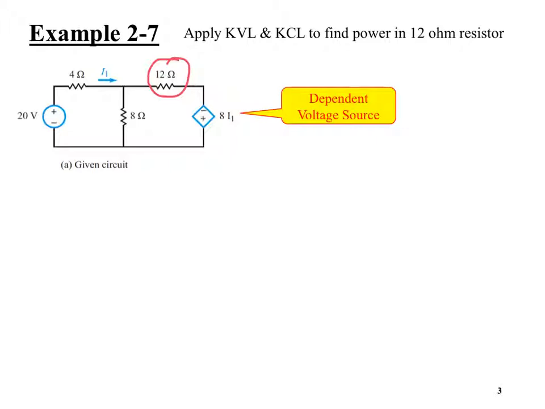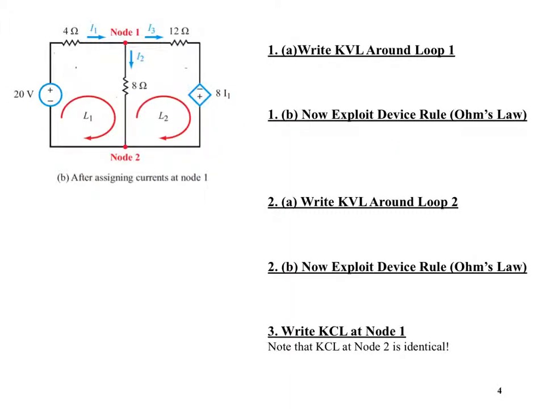Often we're trying to solve for all the currents or all the voltages in a particular circuit. Or sometimes we just want one particular circuit characteristic. In this case, it's the power of one particular resistor. So that's what we want to do. Since we're told to apply KVL and KCL, the first thing we need to do is identify some loops and a node. So if we go to the next slide, we'll see